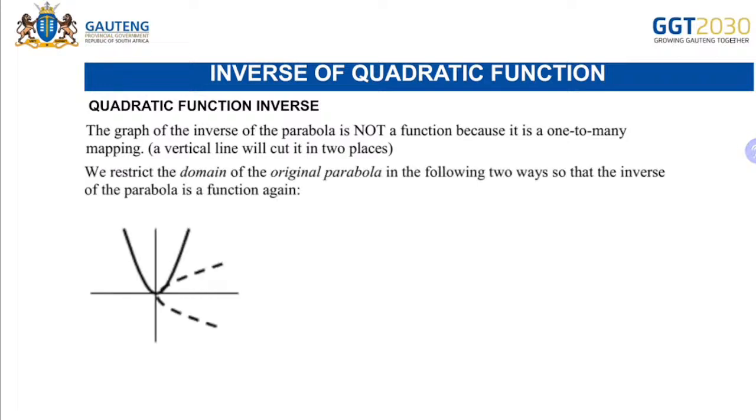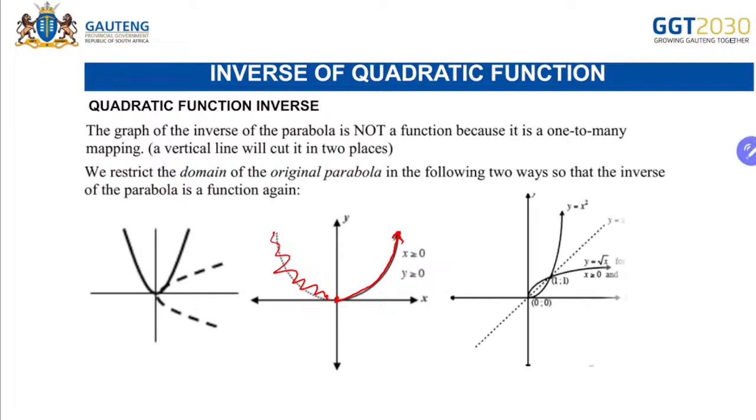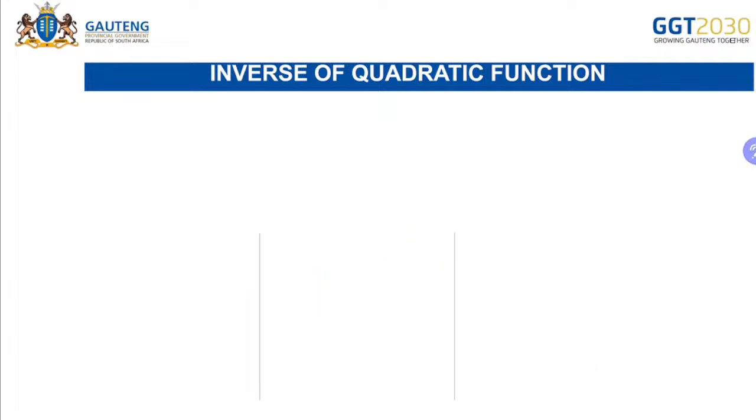Let's restrict the domain. Now, we are restricting the domain for x greater than 0. This is no longer there now. We are only dealing with this half from here to there. This is the arm of the parabola that we are dealing with. Our x is greater than or equal to 0 and our y is greater than or equal to 0. And you will find that our inverse function will be sketched and drawn as such. Moving forward,